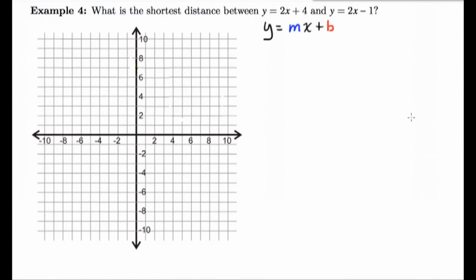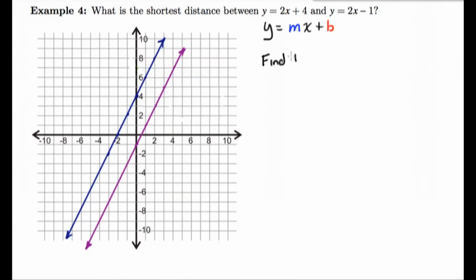So now we have two more lines, and they're not vertical or horizontal, they're diagonal. So we have to do a little bit more work than in the last example. We need to graph both of these lines using the y-intercept and slope. And now we can choose any point on one of the lines,